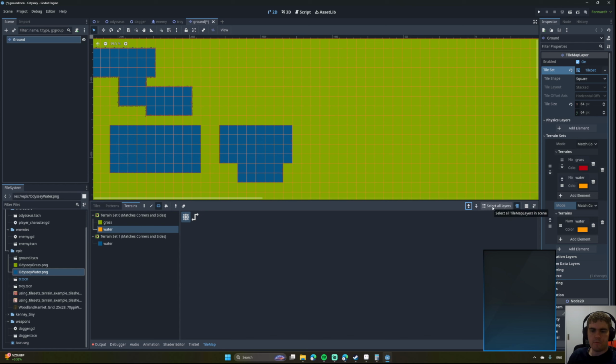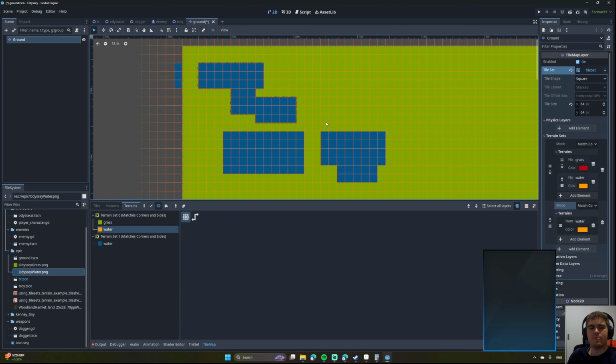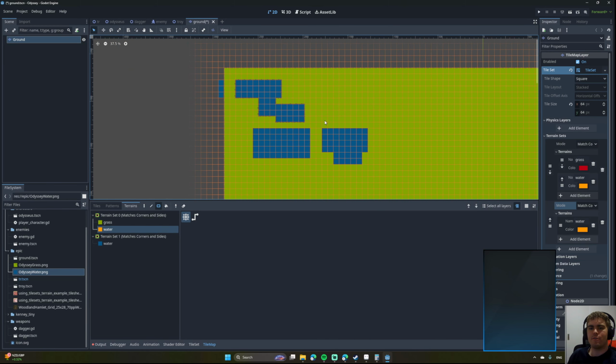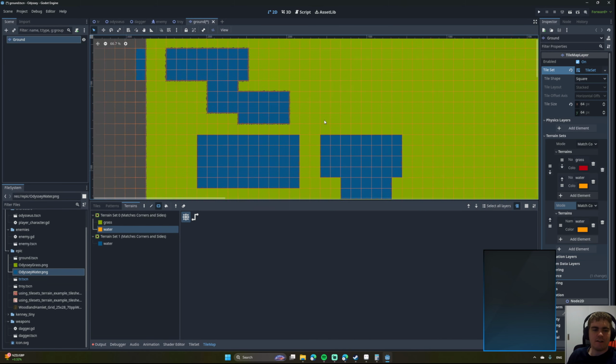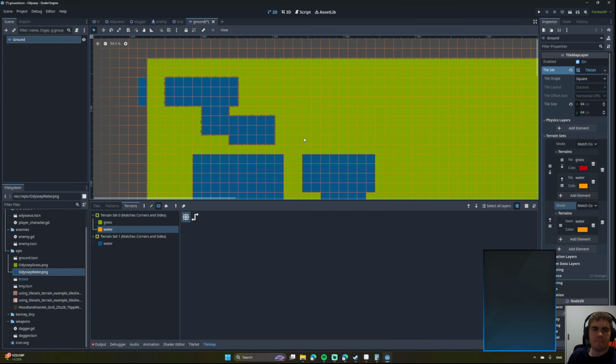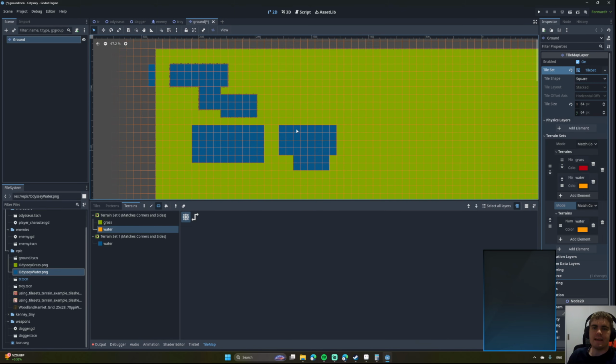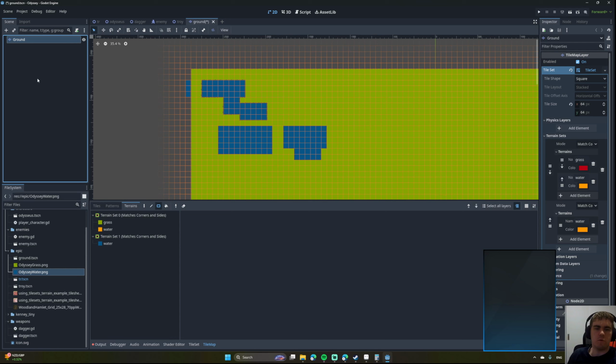Select all tile map layers in scene. Oh, so each different one is a different tile map layer. Interesting. Okay. So this is all in one layer. So if I want multiple layers,